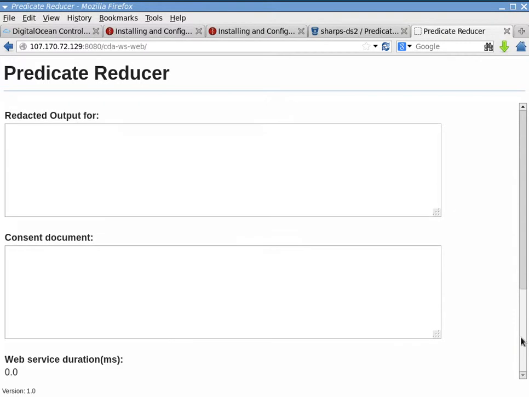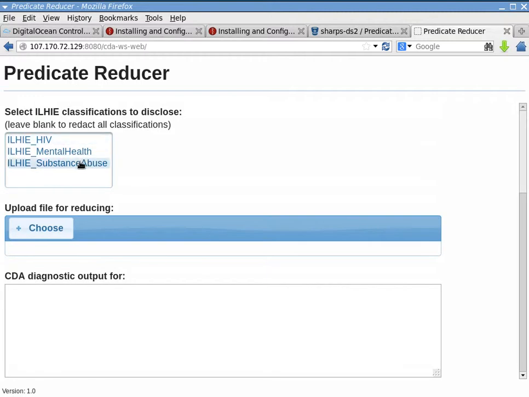And then for the purposes of the ILHI prototype, this application also generates a consent document based on these simple predefined conditions specified up here at the top. Now, where to get a sample CCD? Well, there are a number of places on the web to get sample CCDs. You can construct one, fabricate one yourself. You can download one from any number of sources, but the